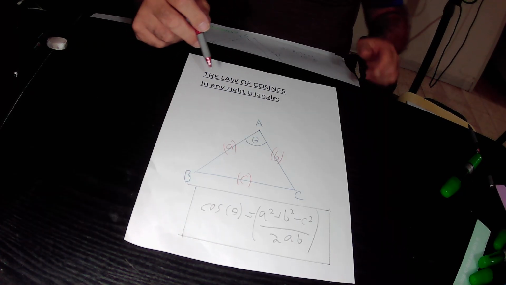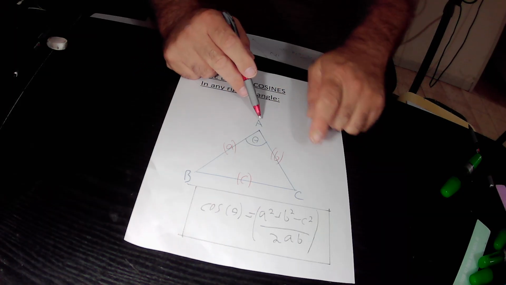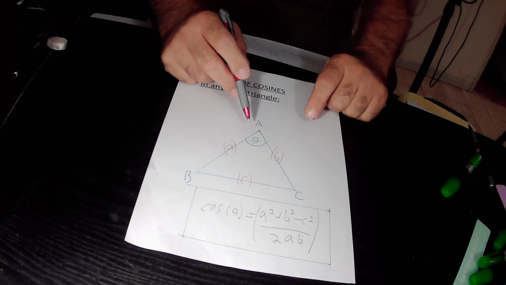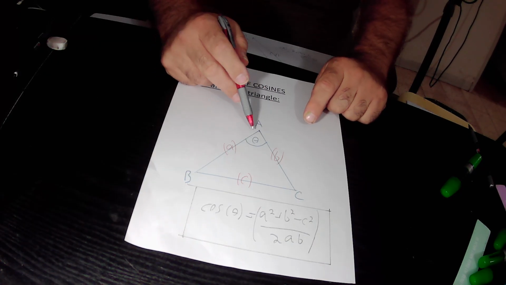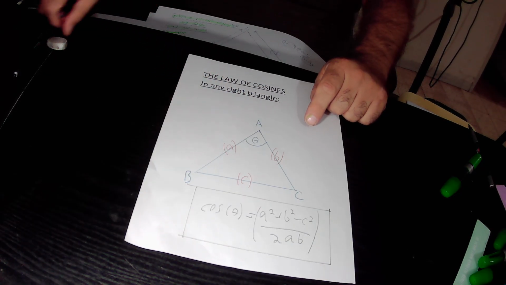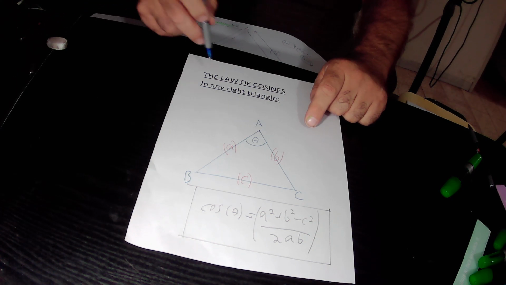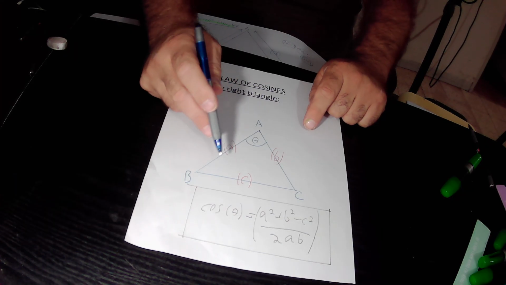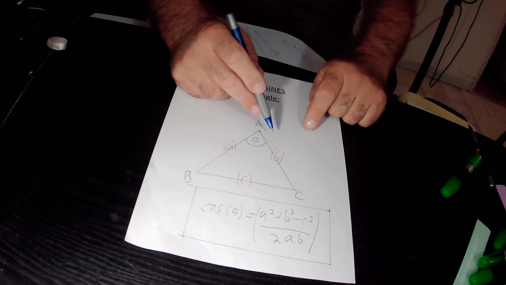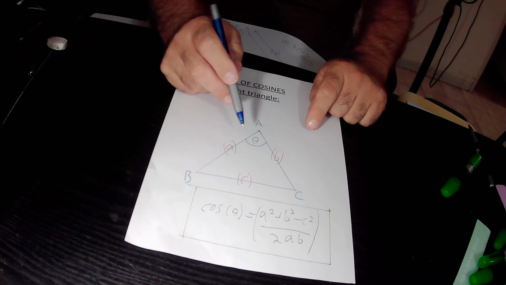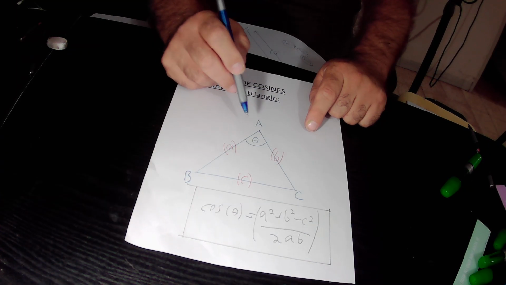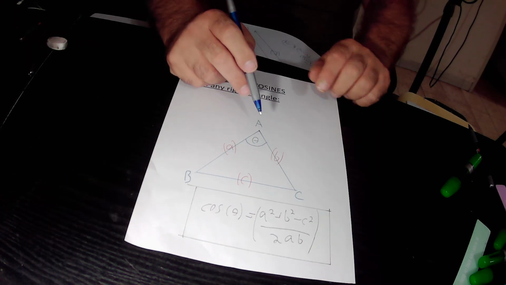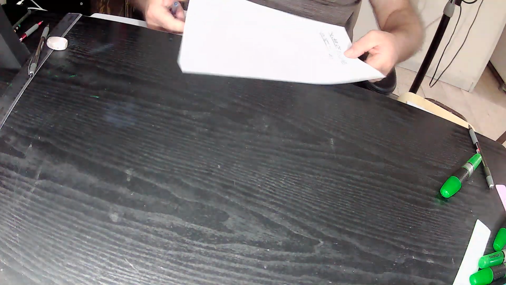In triangle ABC, side AB equals A units in length, side AC equals B units in length, and side BC equals C units in length. This is angle BAC that equals theta degrees in size. The following equation is true: cosine theta equals A square plus B square minus C square over 2 times A times B. So I can actually implement the law of cosines